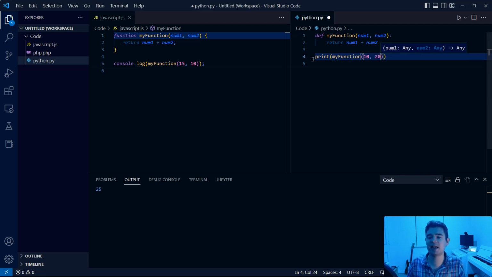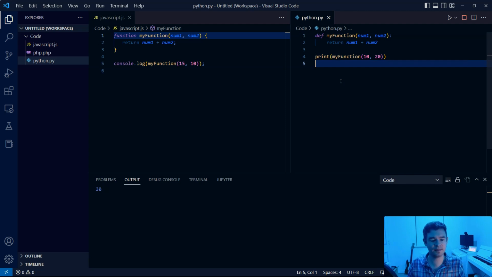Let's try 10 and 20. Let's run this code, and you can see we get 30 echoed to the screen. So again, it is different. You will have to spend some time learning the syntax, but notice this same technique is used across all three